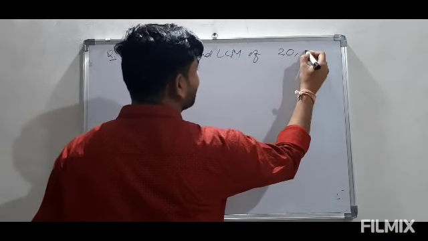Now the main part is how we write LCM and HCF by using the same method. Now you must be wondering that these separate factors we calculate for calculation of HCF, but you must have seen this thing in your previous classes also. We can find out LCM by using this method, so that we are going to discuss here. First of all, HCF of these two numbers 20 and 25. The full form of HCF is highest common factor. So here first of all we need to search for the common factor. Here only 5 is available as a factor, and here also we have 5. So the common factor is 5.